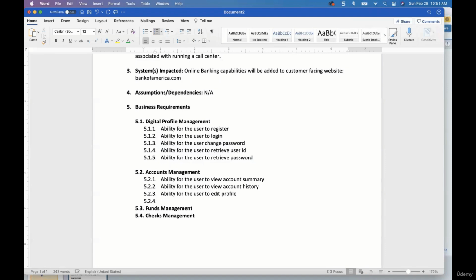Anything else you can think of for accounts management? So first will be to view statement and ability for the user to